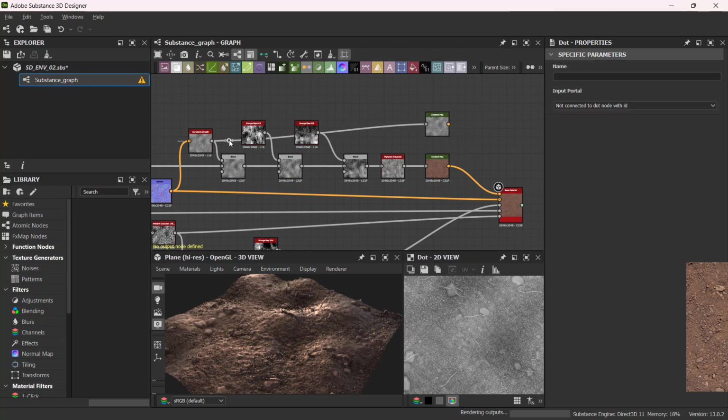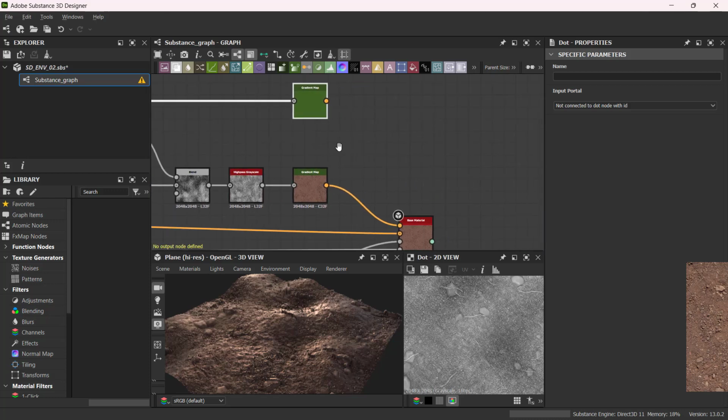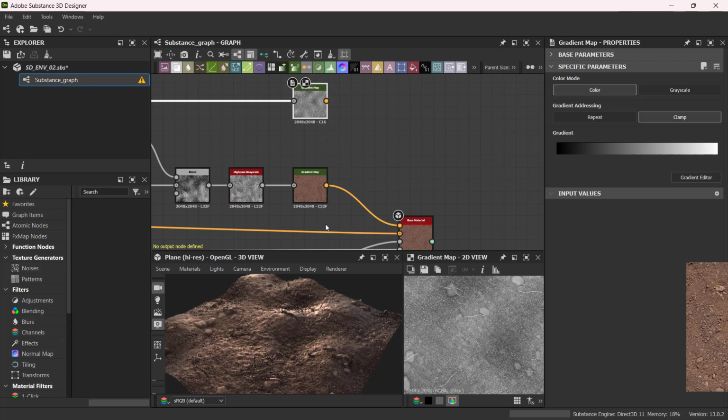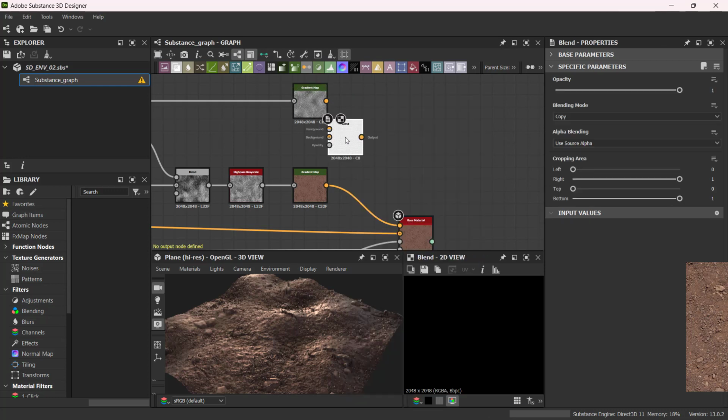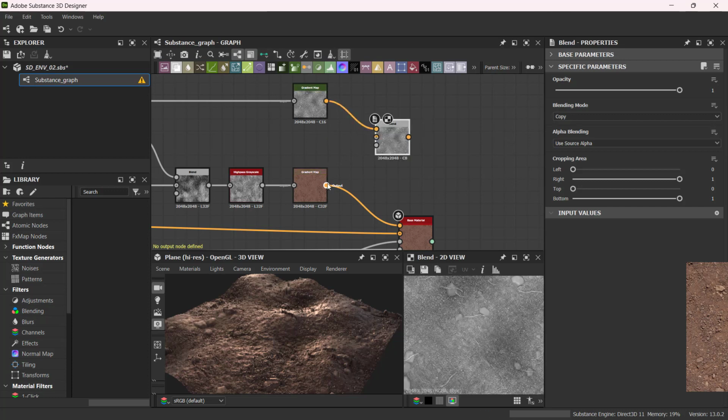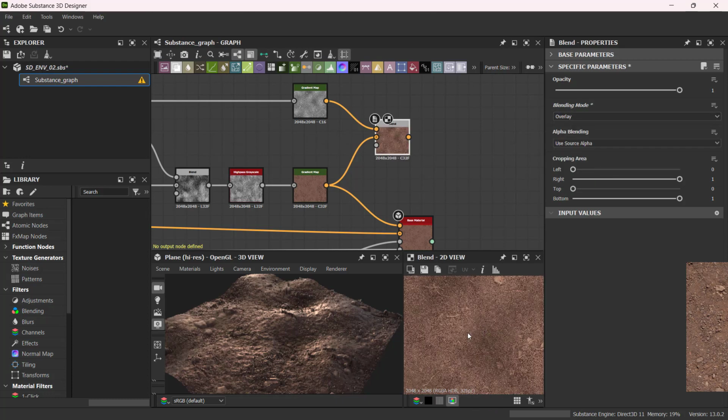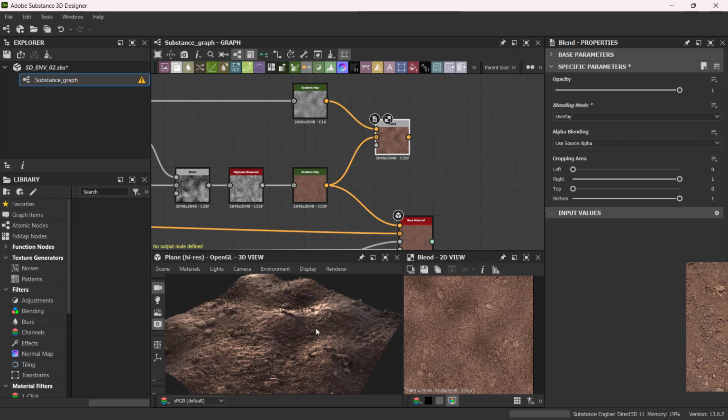I can press Alt and click so that it will just appear like that, still organized. Now I will blend these two. I'll press spacebar, do a blend, mix them again together, and then let's say in this mix I would like to have an overlay mixed up. See, so it's a bit more detailed now,